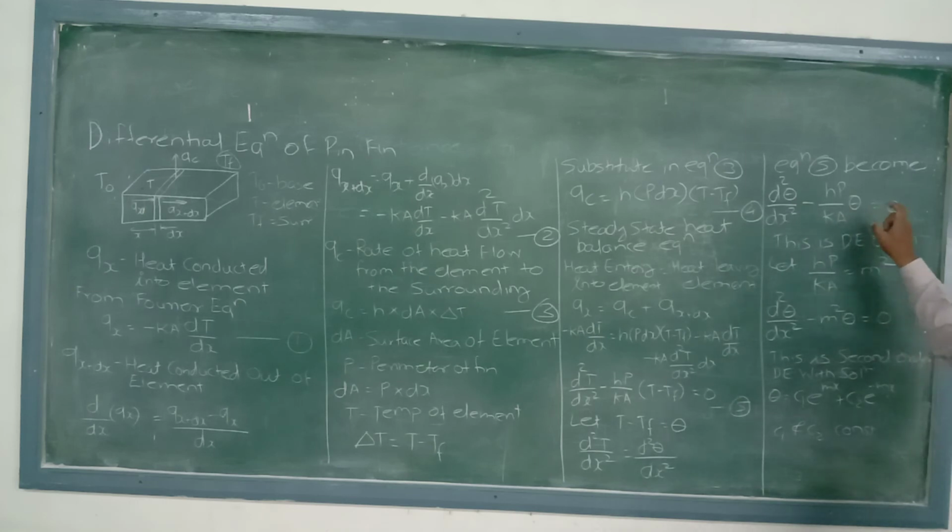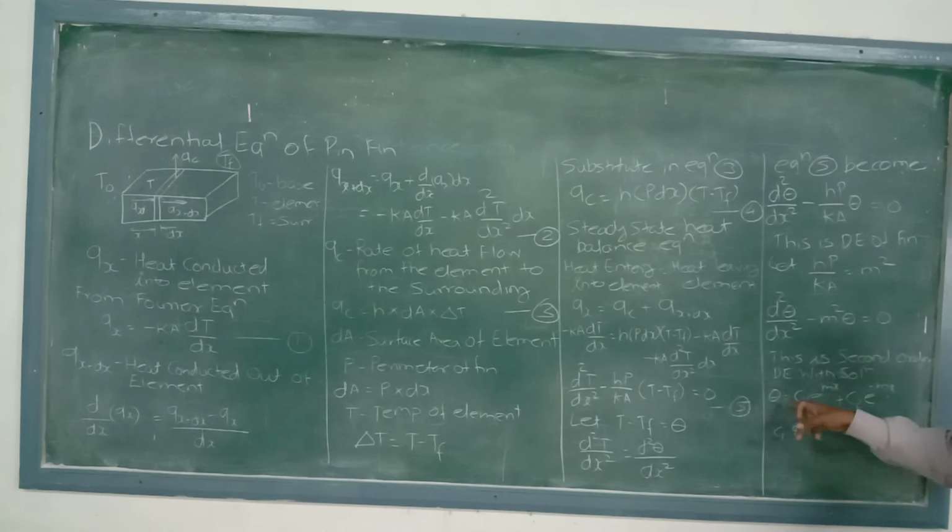So we got a new equation, and this is the differential equation of the fin: d square theta upon dx square minus hP by k into theta is equal to 0, and hP by k is equal to m square. We can substitute this value also, and this is the second order differential equation of the fin,